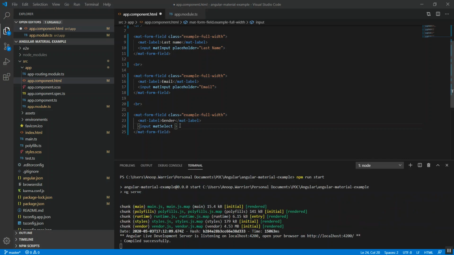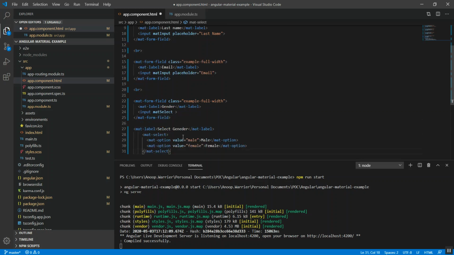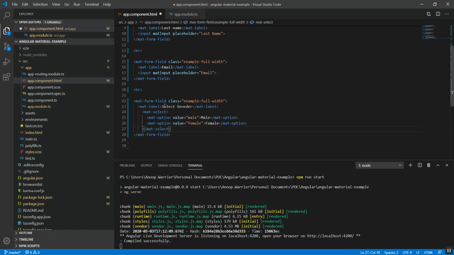So here instead of mat input we need the mat select, and it's not the input here, it should be mat option. Okay, I have a mat label select gender and we have a mat select in place and we will replace the input here. Okay, we'll format the document.